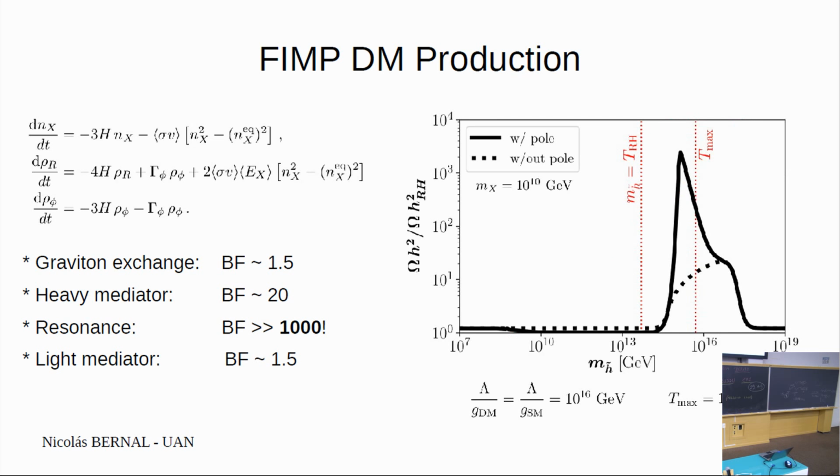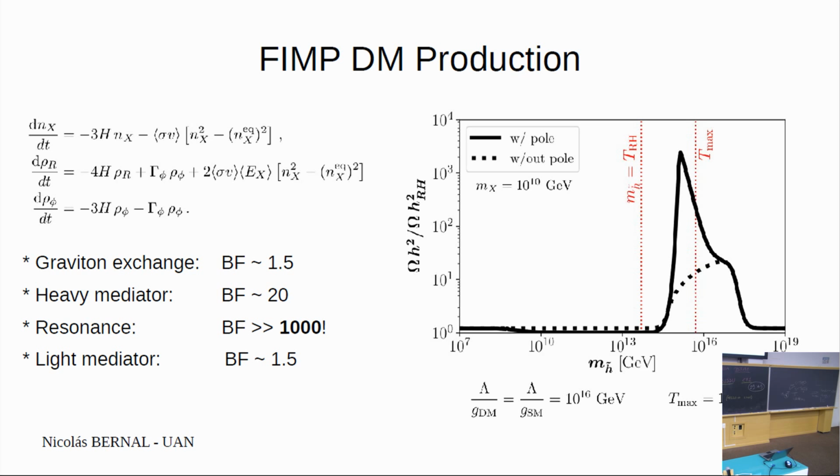So here I'm showing you a plot of a kind of boost factor. This plot tells you the importance of Tmax with respect to the T reheating. It's a proxy of the quantity of dark matter produced at Tmax and not at T reheating. So this is quantifying the error if you forgot this story of T reheating and start the evolution of the universe at T reheating.